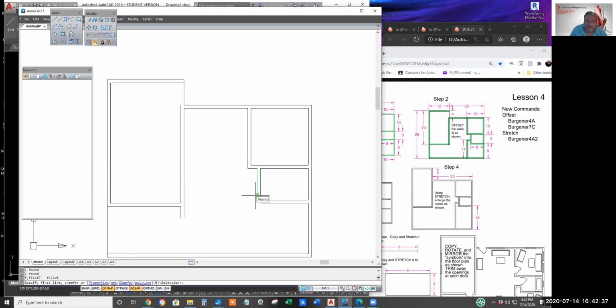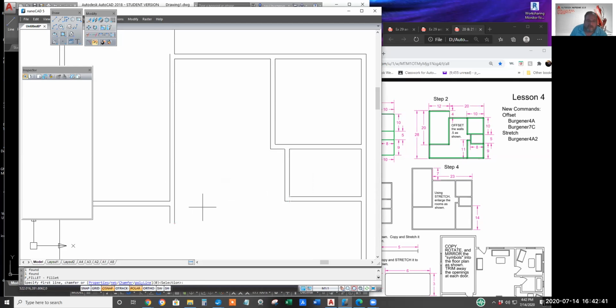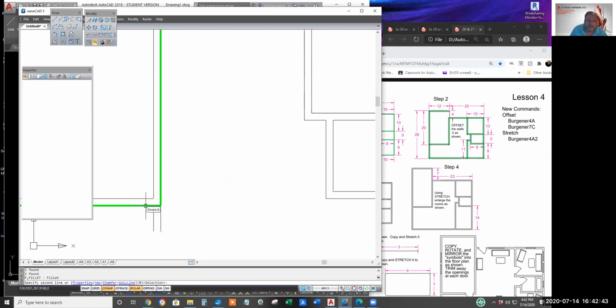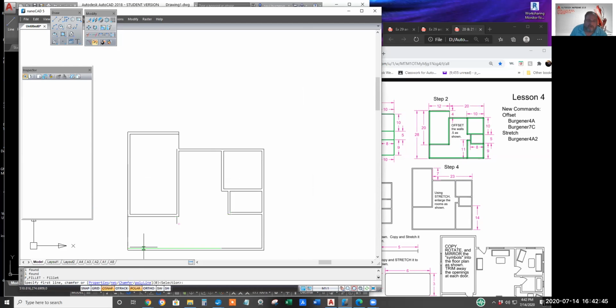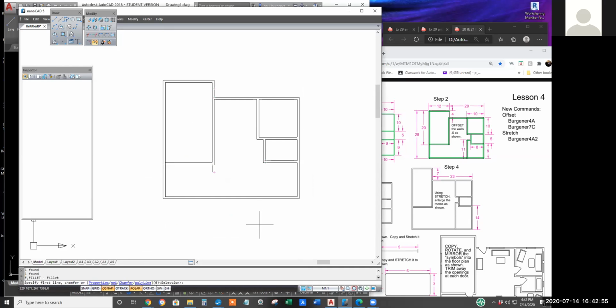And click on the 2 points you want to merge with a 0 radius. A little bit to clean up.